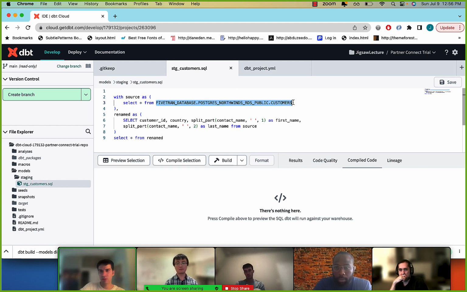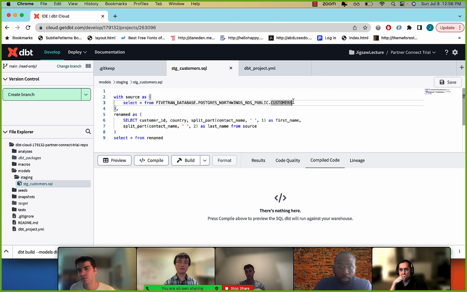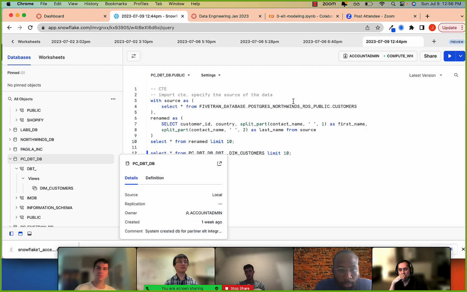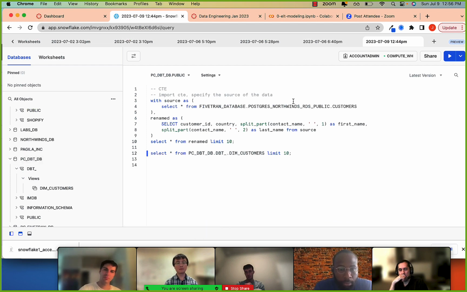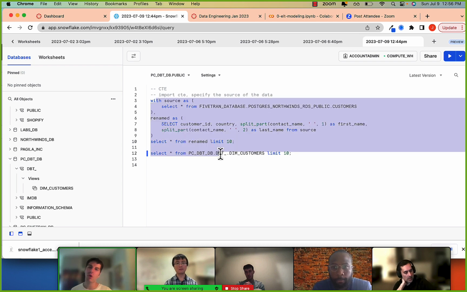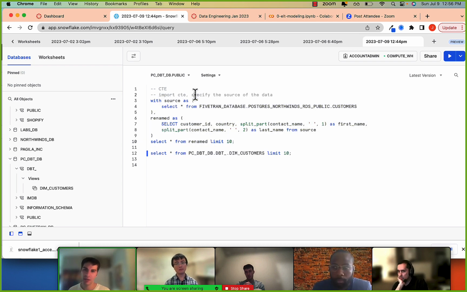I don't understand why you create the model first in Snowflake and then copy to DBT. It's an extra step. If you already created the model over here, we can just create or replace view, and this is already saved. Then why do I need DBT? Yeah, good question. We could perform all the work of DBT purely in Snowflake worksheets,